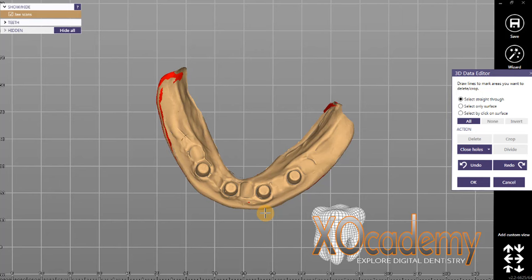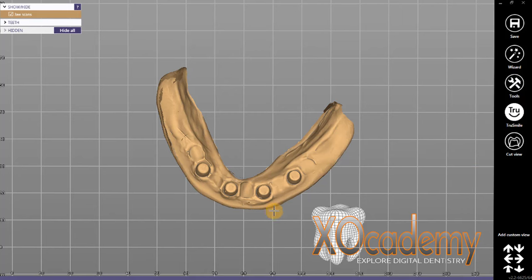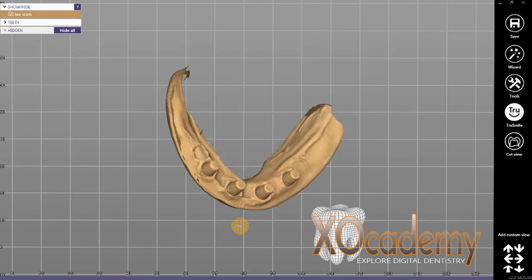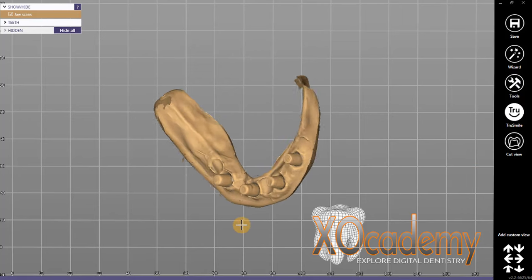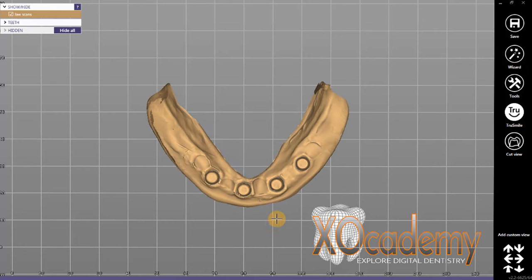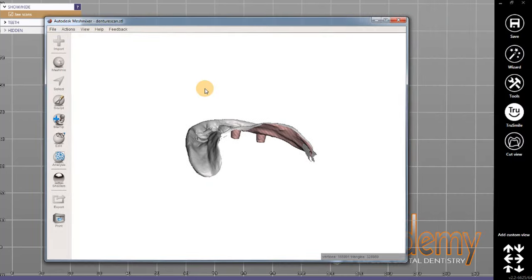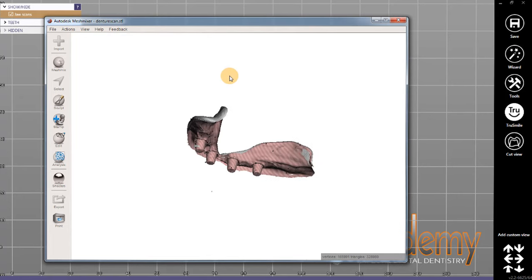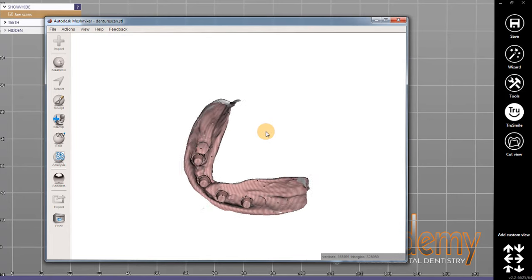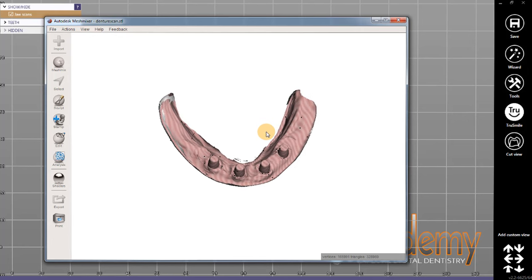It's very quick. I'm going to show you also how you can do this in Meshmixer. Even though you might not use Meshmixer, you might not have to. It's just another way to do it. So I'm going to open up this STL in Meshmixer. And you can see here what we want to be the tissue surface is this